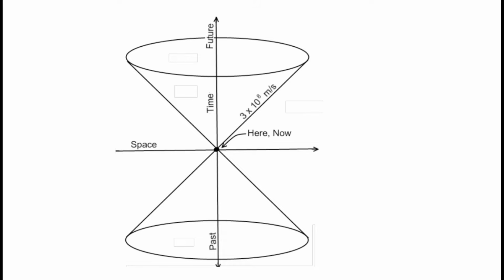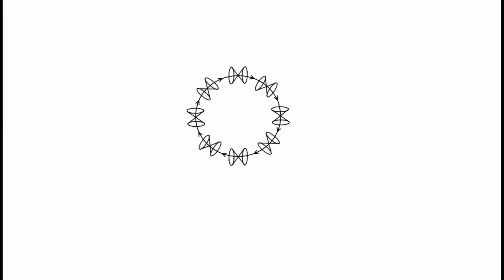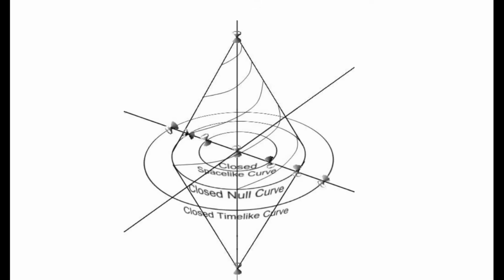Light cones embody the concept of causality in relativity. Inside the light cone, events are causally connected. They can affect each other within limits determined by the speed of light. These are called temporal intervals, and two events occur at the same spatial location but at different times. In contrast, outside the light cone, there are spatial intervals in which events occur simultaneously but at different spatial locations, implying that there is no causal connection between them